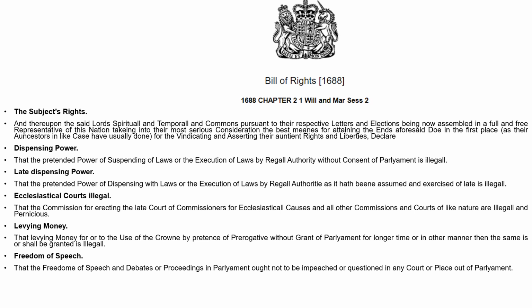So this is telling you, in this case, the Bill of Rights is recognizing your ancestors and your previous history. Okay? It says asserting their ancient rights and liberties. So therefore, the Bill of Rights recognizes prior ancient traditions, if you will. It also says dispensing of power and late dispensing of power. These two provisions within this act or this statute recognize that they're getting rid of the old government and putting in the new government. Now it also says levying of money.